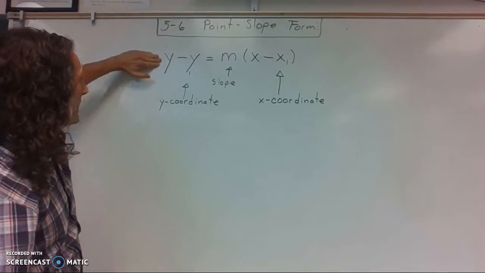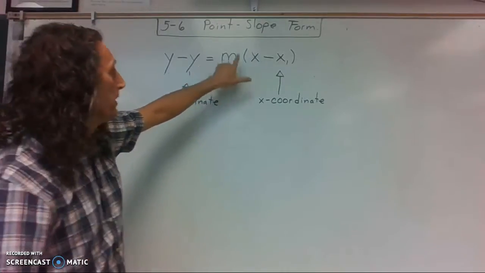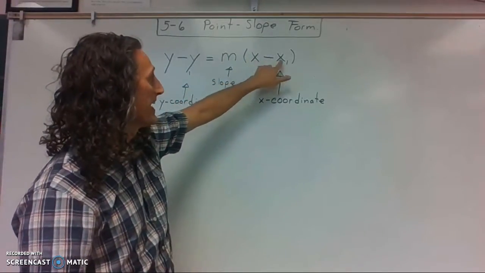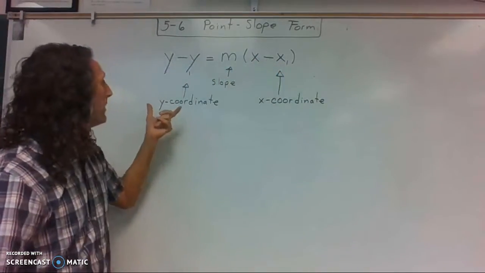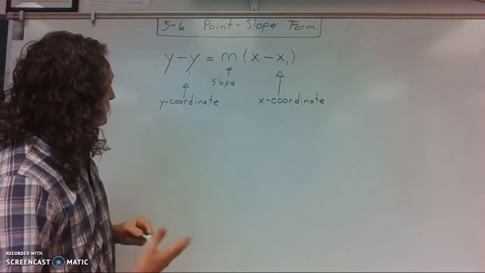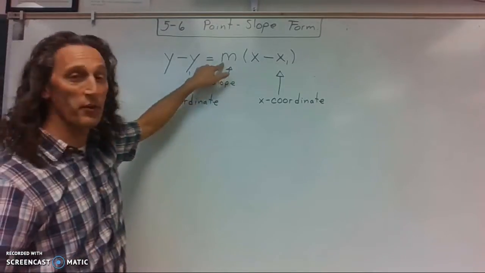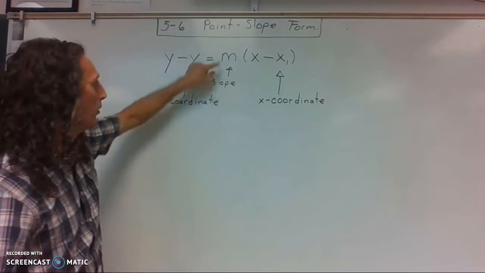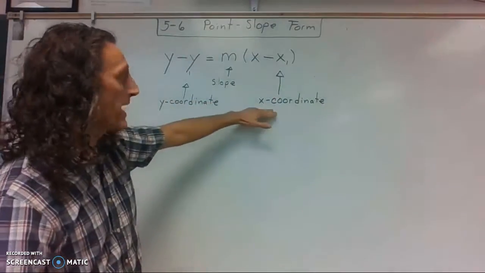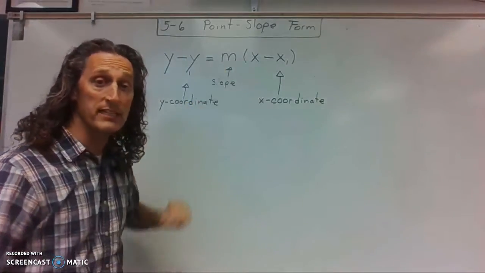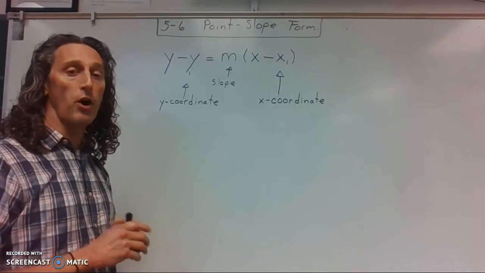So it says y minus y1 equals m, then parentheses, x minus x1, right? So you've got to make sure we get that copied down. And then, just to make sure we know what we're dealing with, the y1 stands for the y coordinate. We already know that slope stands for m, so there's my slope. And then my x1 is going to stand for my x coordinate, right? So make sure that you get this written down, and we're going to do a few problems with our new